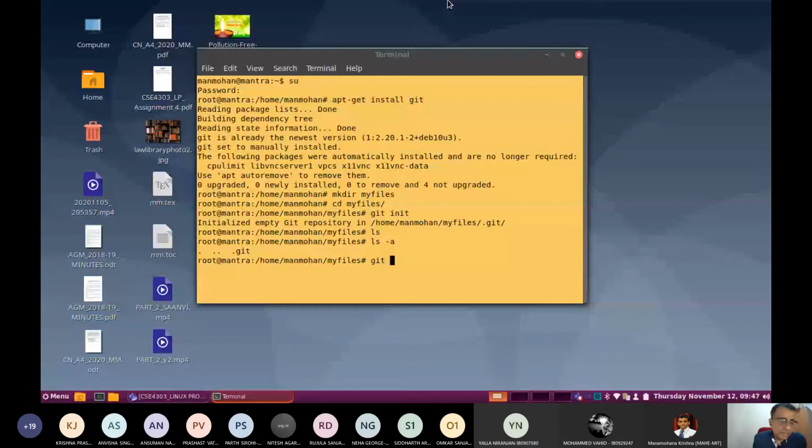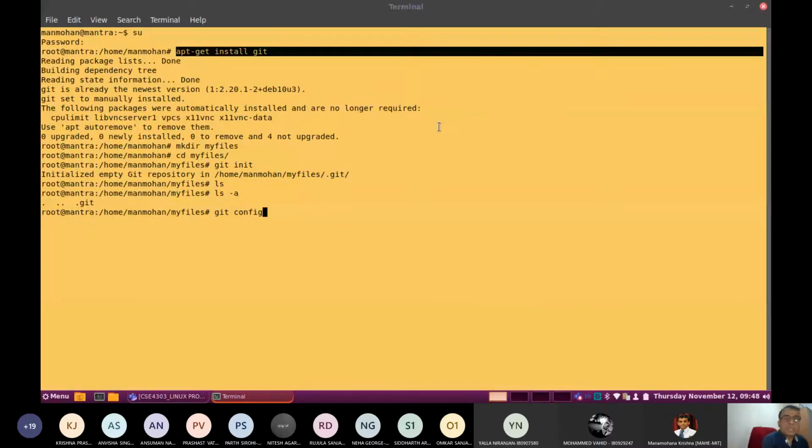Let me start from the beginning, for those who are taking notes. In case Git is not installed, as a system admin with the root permission, you install Git with the following command, that is called apt-get install git.